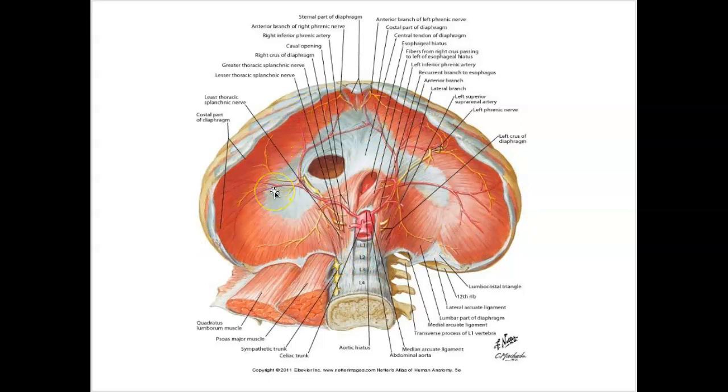The nerve supply, we've spoken about this already, but the phrenic nerve innervates the diaphragm, coming from C3, 4, and 5, keeps you alive. C3, 4, 5 is the phrenic nerve. And that gives the diaphragm its motor innervation, but the sensory innervation is really from branches off of intercostal